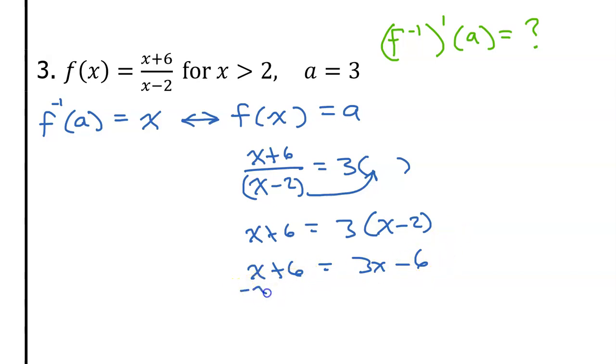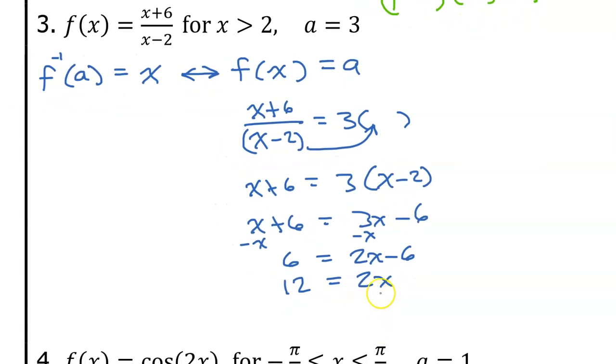Let us subtract x from both sides. So then we get 6 is equal to 2x minus 6. Adding 6 to both sides, we get 12 is equal to 2x. Okay, and dividing both sides by 2, we get x is equal to 6. Let's take this and plug it back in right here. And that is the end of step 1. Step 2